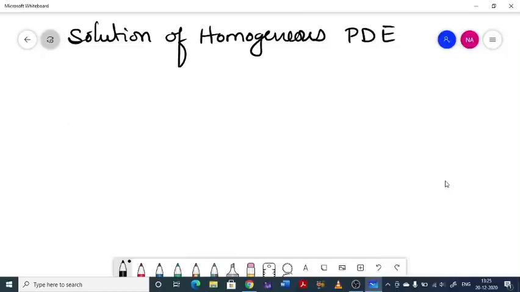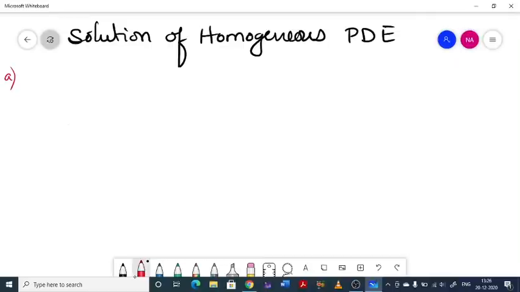Here, to solve the homogeneous PDE, one more thing you have to observe is that in whatever PDE is given in the problem statement, you will get the derivative of the dependent variable with respect to only one independent variable, so that you can translate that PDE into a differential equation. Then you have to follow the method that I mentioned earlier. So let us start with the problem, then you may understand well.